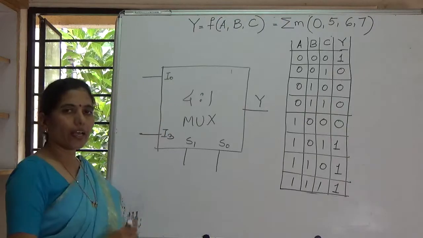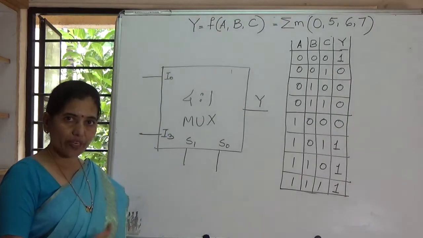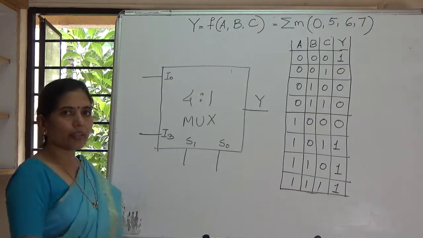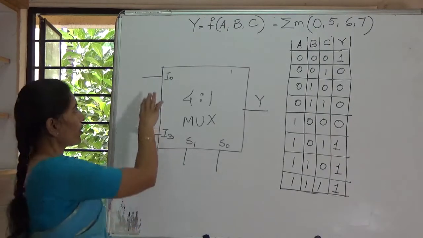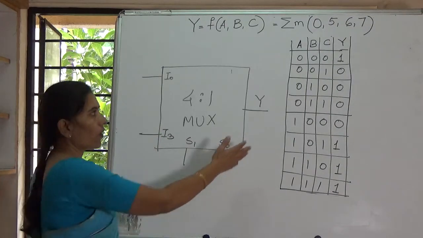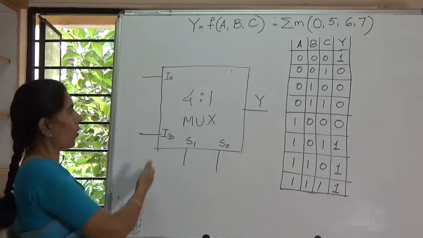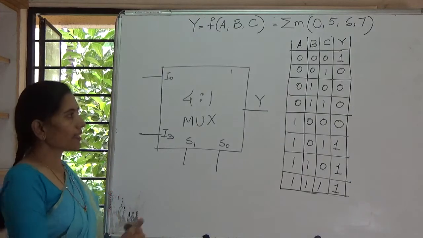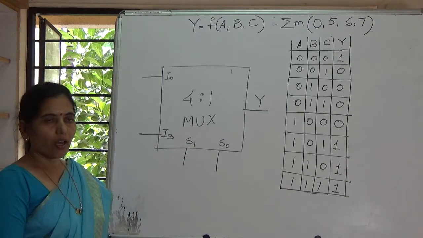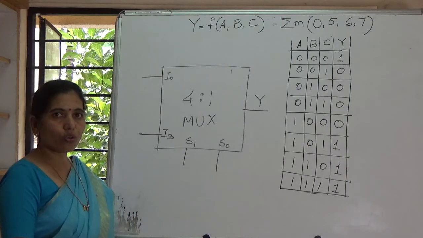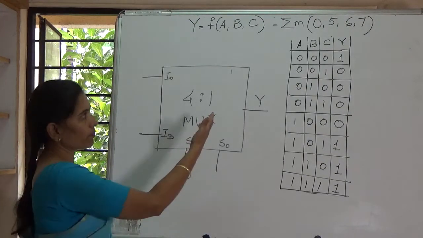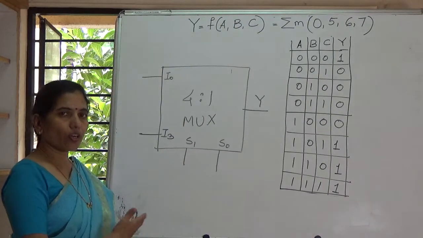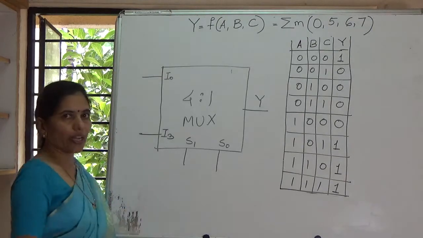Now the combinational circuit is a function of 3 variables, so there are 8 possible combinations, and the multiplexer is 4:1. So with 4 inputs we cannot accommodate all these 8 combinations uniquely on the 4 input lines. So the input lines are only half as compared to the number of combinations. Obviously the select lines required are also 2. So the way we utilized the ABC inputs on the 3 select lines of an 8:1 mux, we cannot do that over here because there are only 2 select lines.